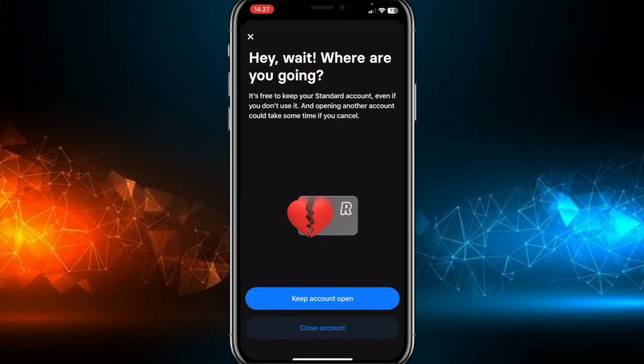You might see a reminder that keeping a standard Revolut account is free, even if you're not using it. This note is designed to make sure you know you can keep your account open without paying for it. If you're simply taking a break and don't need to fully close your account, you can consider leaving it as is. But if you're sure you want to go ahead, continue with the process and follow the on-screen instructions to complete